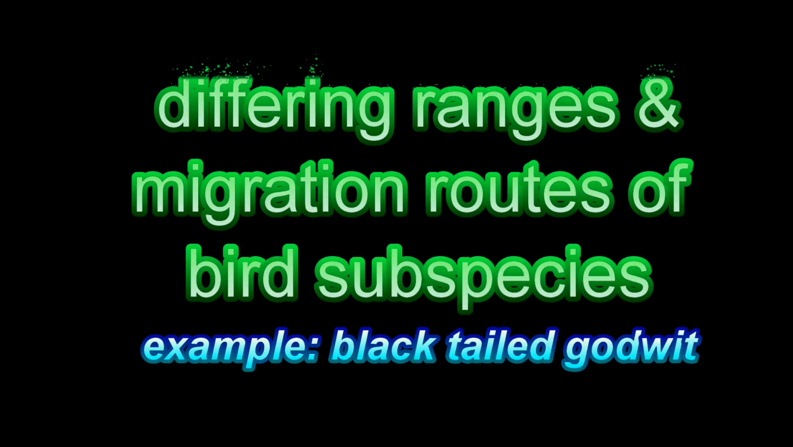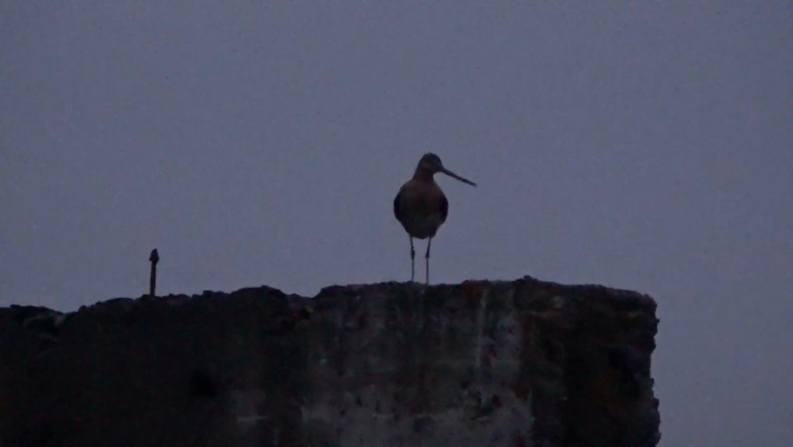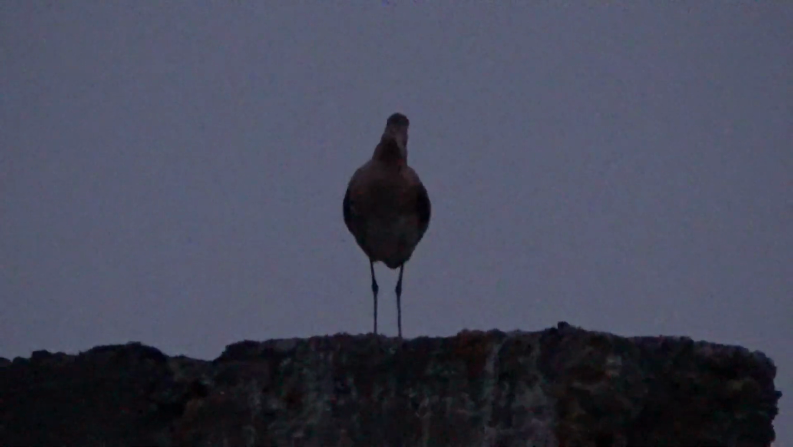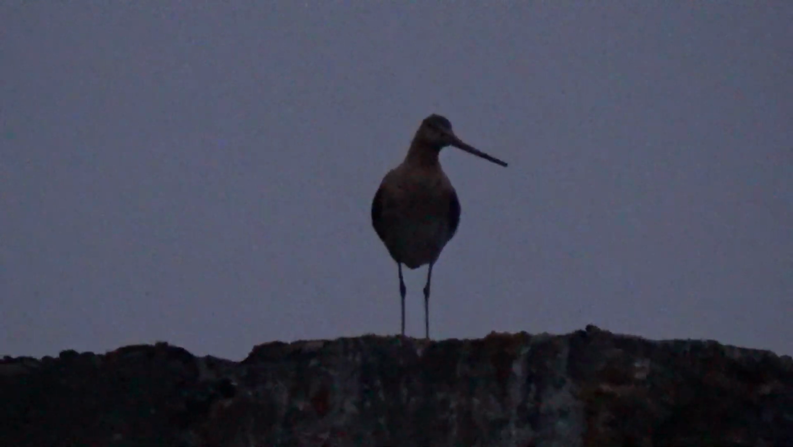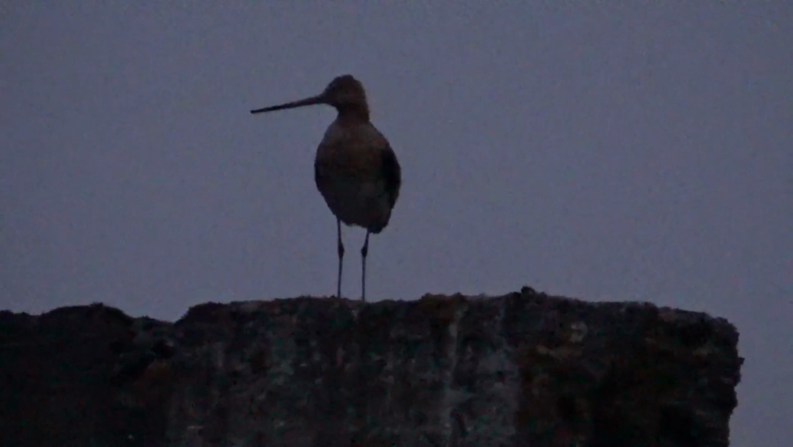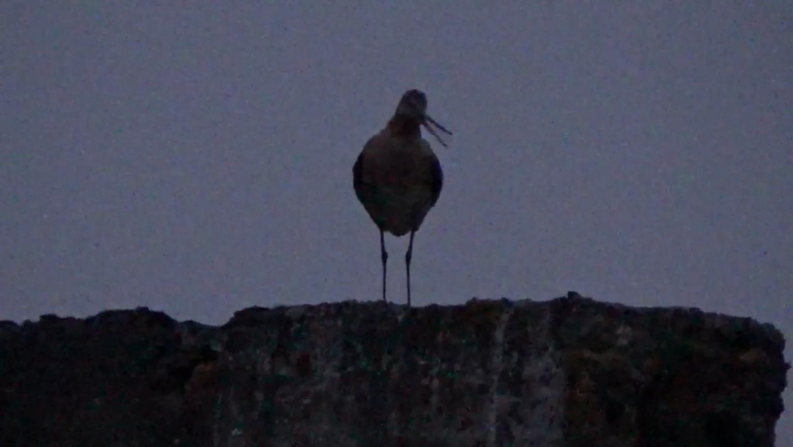If one were to look at a bird distribution map, one would often see that a species has a winter range, perhaps over a wide geographic area, and a summer range, perhaps over a wide geographic area. That would be true of the black-tailed godwit, which can range in its breeding summer from Western Europe and Iceland,